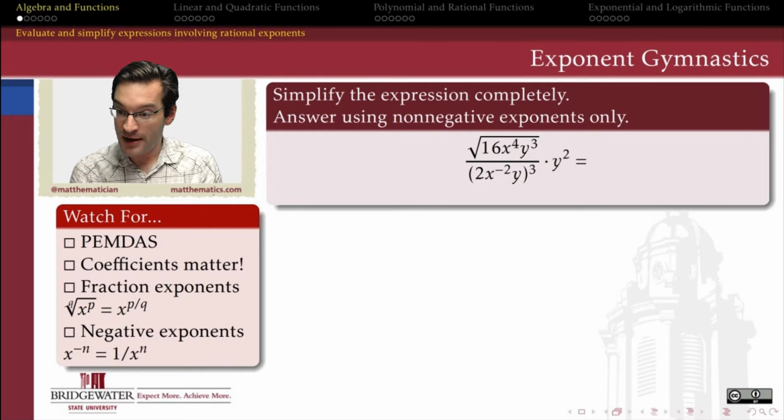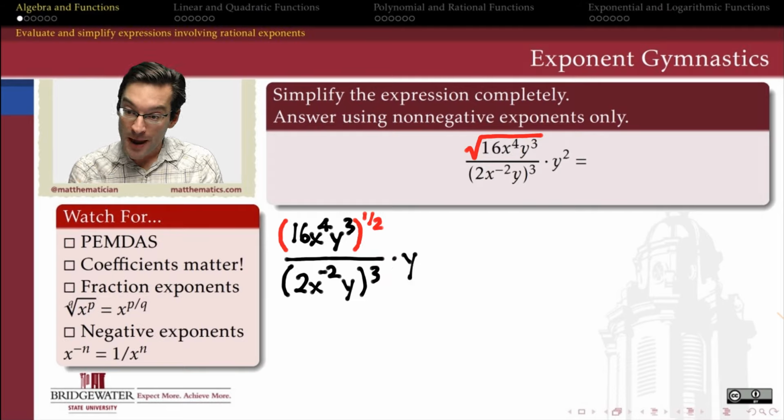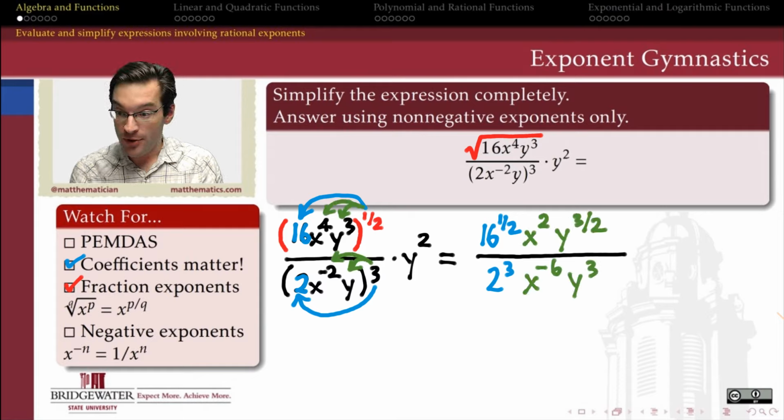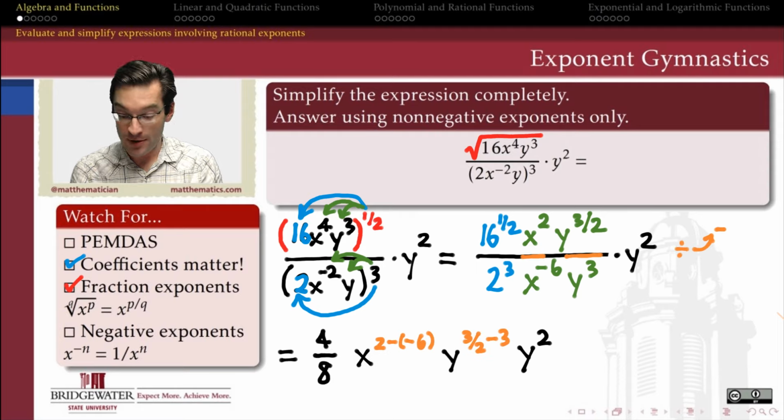How do you simplify an exponential expression completely when that expression has things like radicals and negative exponents in it? Well, the radicals, remember, turn into fractional exponents. That's a conversion that's especially important later on in calculus. We can use distributive properties of exponents over multiplication, and then the power to product property for exponents, the quotient to difference property for subtracting exponents, and then simplifying,